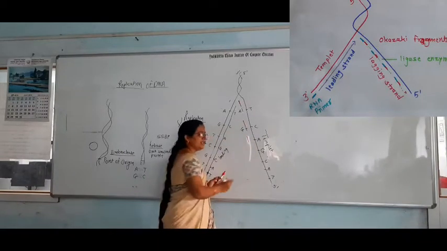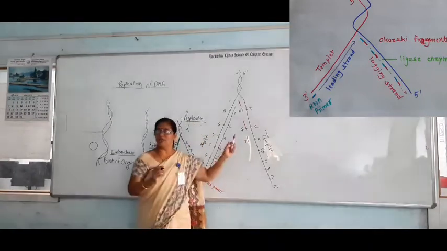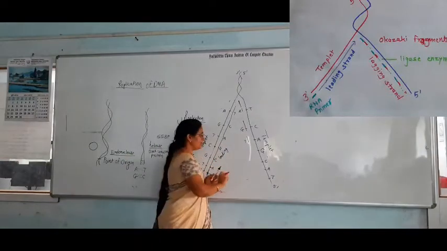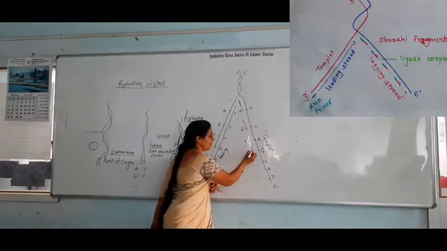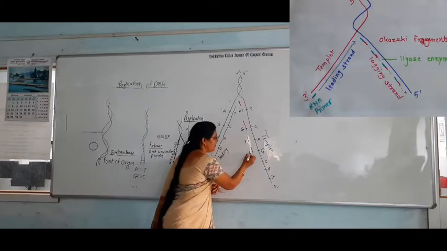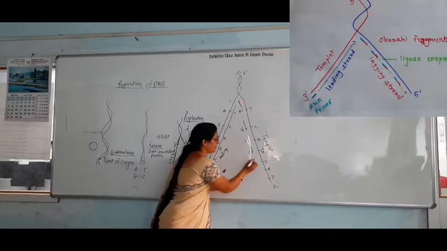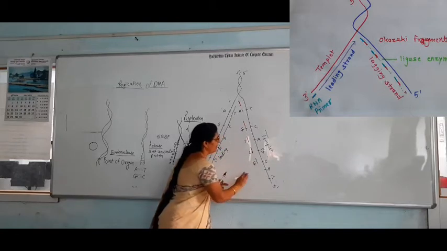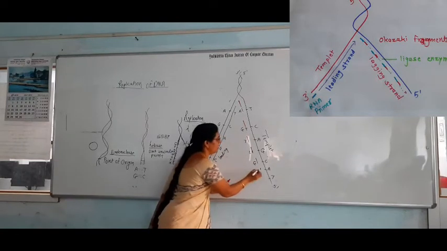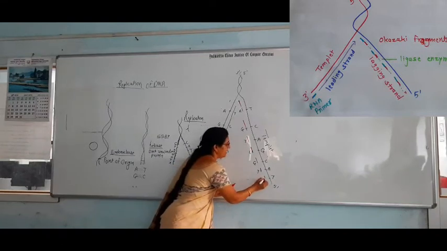And which nucleotide is attracted towards that A? Which one? T. T is attracted toward that A. Again the process stopped. Then here the RNA primer is necessary. Which nucleotide is necessary here? Yes? C. Correct. C is necessary for pairing with that G. Again here the RNA primer. Which nucleotide should be here? G. Correct. Then again RNA primer is necessary. Which nucleotide is necessary for T? A. Yes. A is attracted here.